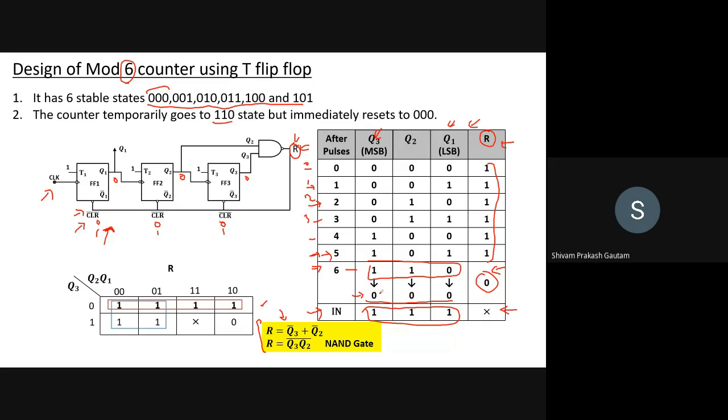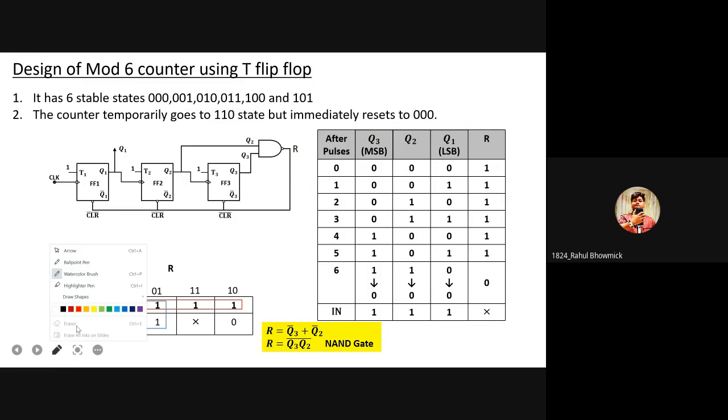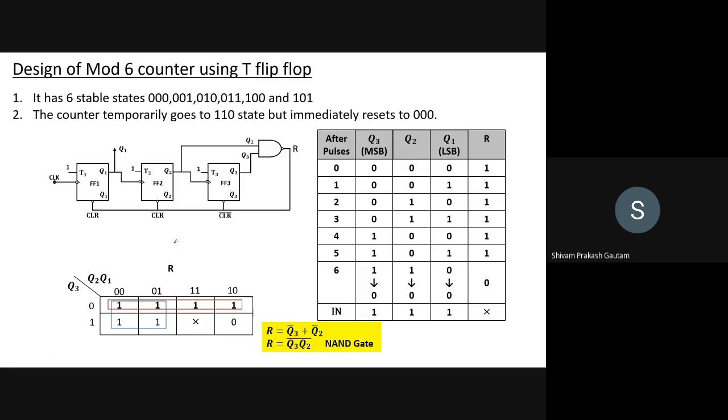One thing, that Q1, Q2, and Q3 are becoming 0 because of active low. So how is R becoming 0? That I'm not getting. R is not becoming 0. We are making R to be 0. We are considering R to be 0, and then we are finding the conditions for Q1, Q2, Q3, right? We want R to be 0 at this state, whenever the output of Q3, Q2, and Q1 is this. Now, because R is 0, all the Q1, Q2, Q3 are becoming 0.